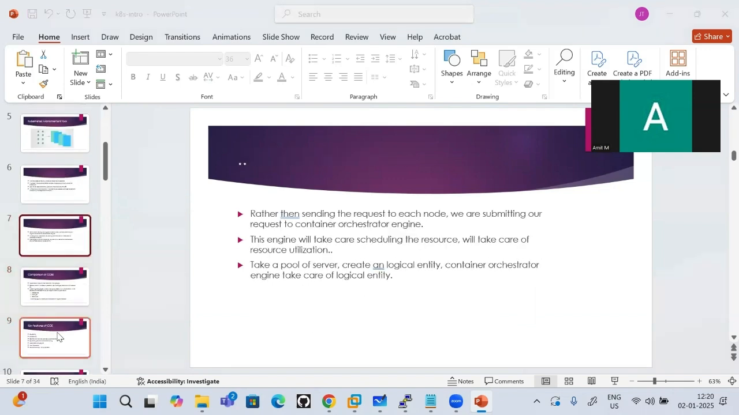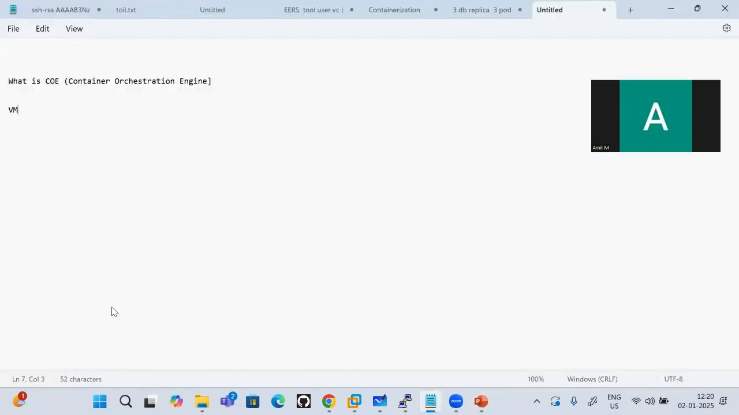So rather than sending the request to the individual host, we are going to set up one virtual machine where we will set up the COE, and in our session we will be setting up Kubernetes for that. Other virtual machines is where we will be setting up the container runtime. Now Kubernetes will be taking the request and figuring out where exactly the container should